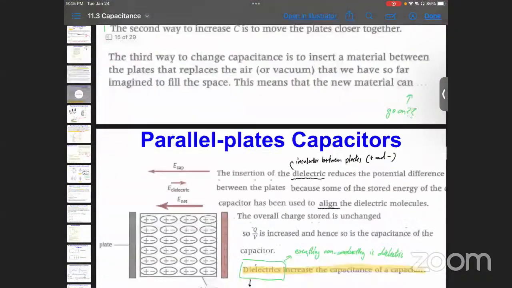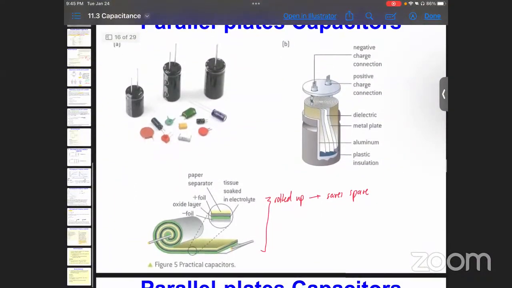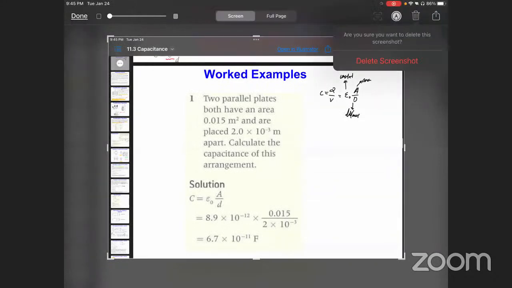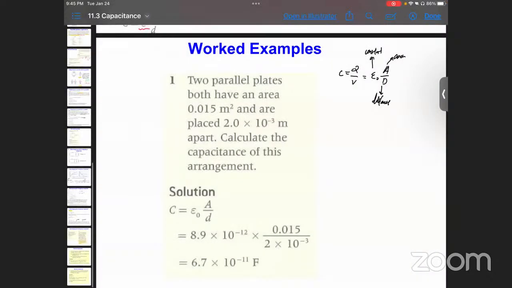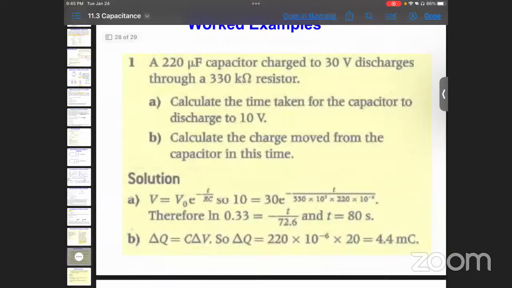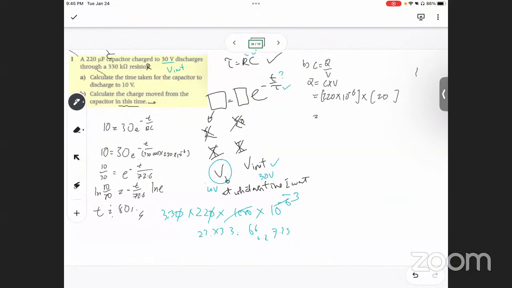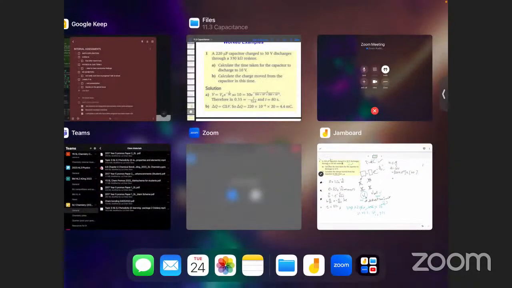The initial voltage is 30, the final voltage is 10. You want to calculate the move, correct? Yes, it's 20. You're correct. Equals the answer, which is